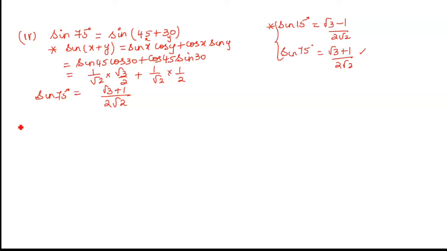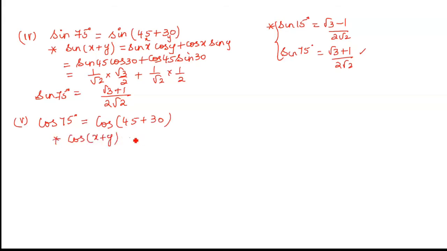Okay, so we'll go to the fifth one. Fifth one is cos 75. So now for cos 75 I should get the sin 15 answer. Let us see whether we are getting that answer. All these ideas and tricks should come to your mind. So therefore this is cos of 45 plus 30. So which formula am I using here? Cos of x plus y.